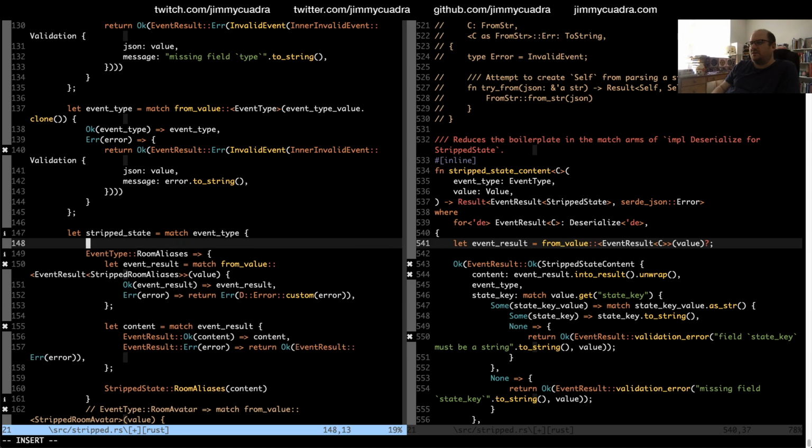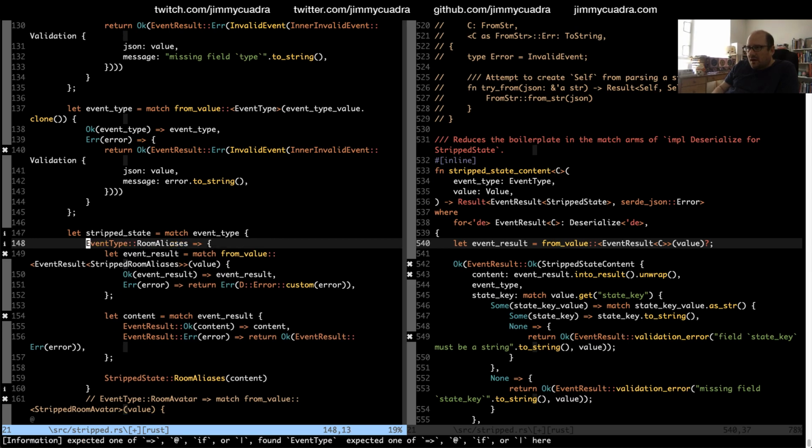So what if I just call... Let me rename it to, like, generate... or create stripped state. And we're going to give it the event type and the value.